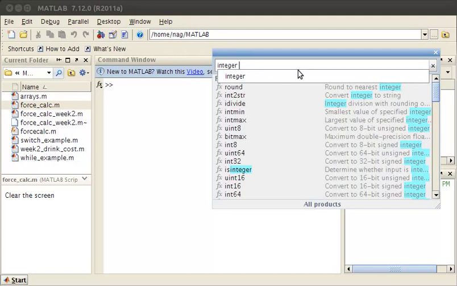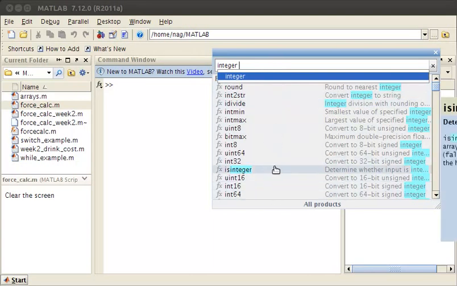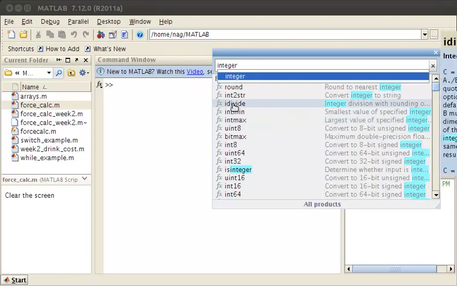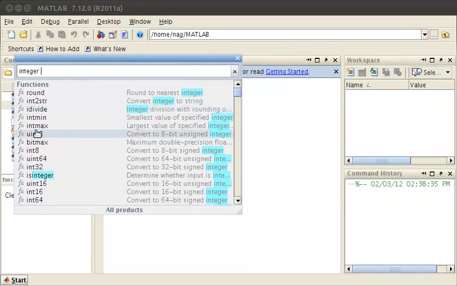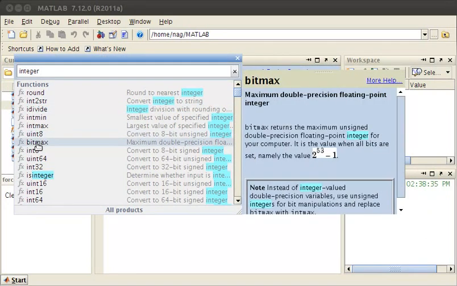Okay, I have numbers, but I actually want to make integers. How do I make integers? So I've typed in the word integer, and up comes a bunch of functions related to integers. If I put my mouse over each one, you can't see it, it's actually come off the side of the screen, but I might be able to move this. There we go. If you put your mouse over one, a little box comes up over here,